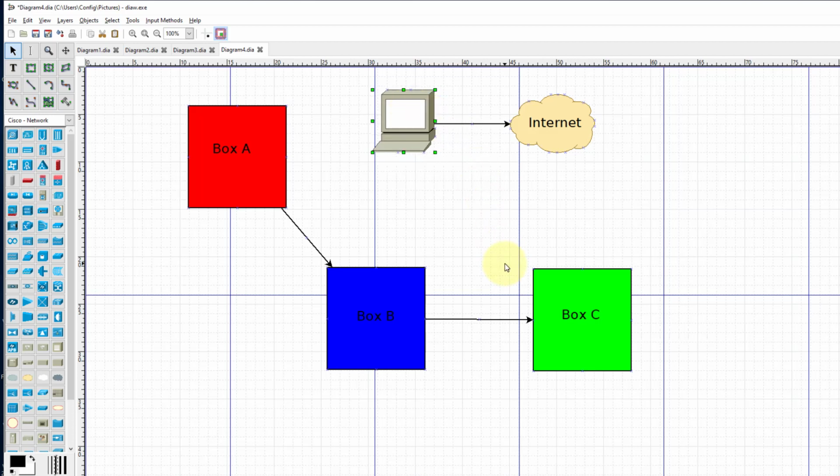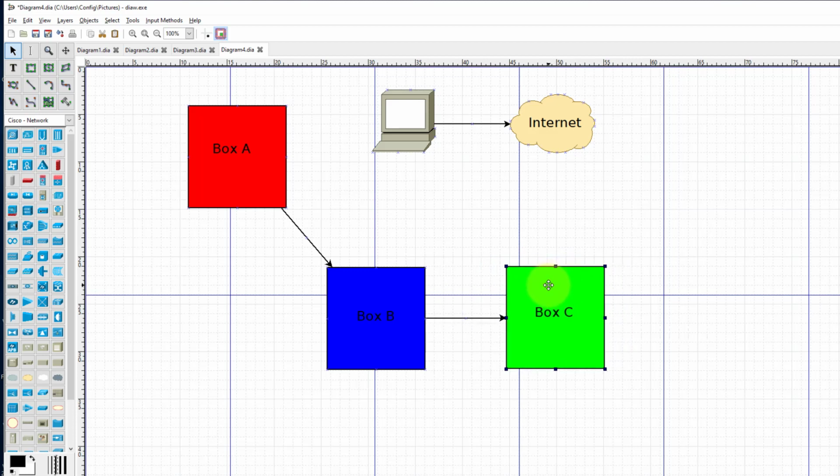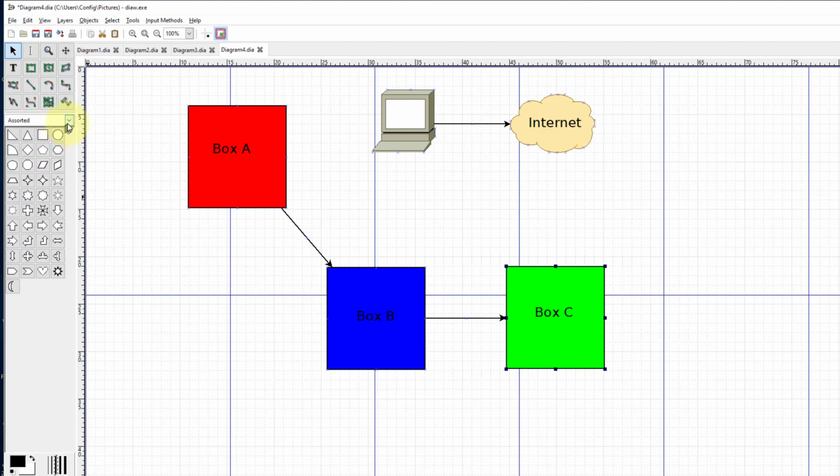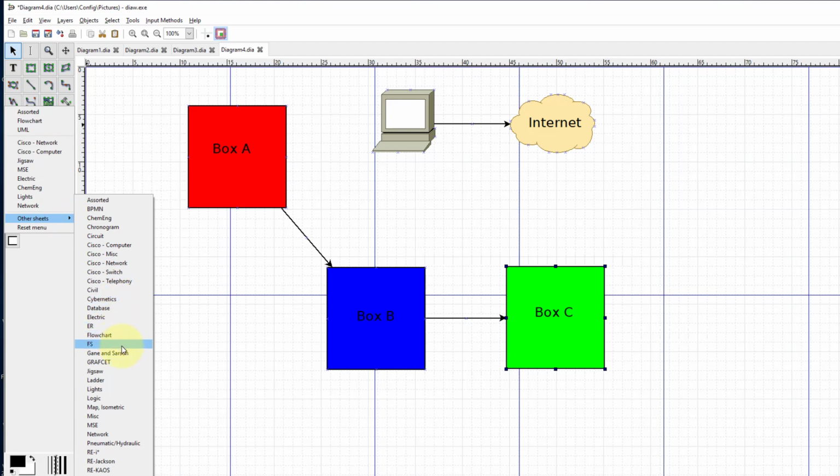So you can see it's very easy to put objects down, whether they're shapes or little graphics, and connect them with lines using this, and you can put text in as well. So it's a pretty useful program if you need to just do some simple flow charts. And as I said, if you go over here, there's standard flow chart symbols here, and there's stuff if you go to the other sheets and go through this. There's a lot of things: electrical, database, network, and so on. So you can explore those